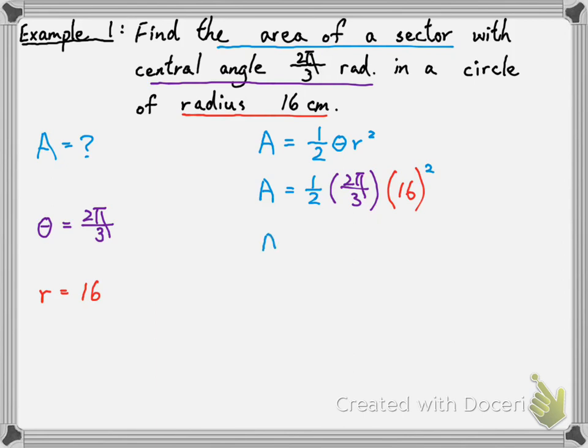Now we will have A equals, the 2 we can reduce, pi over 3 times 16 squared, which is 256. So our final answer, A equals 256 pi over 3